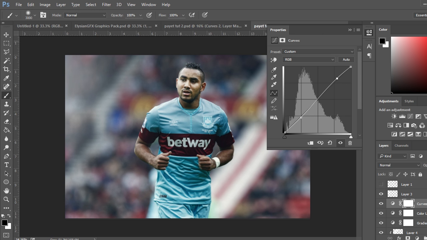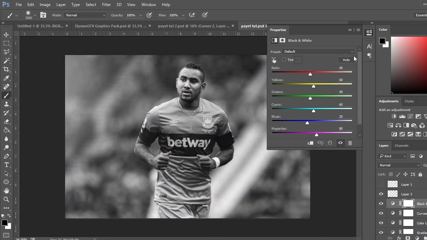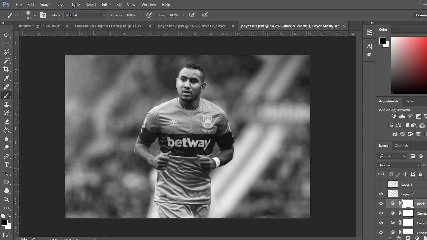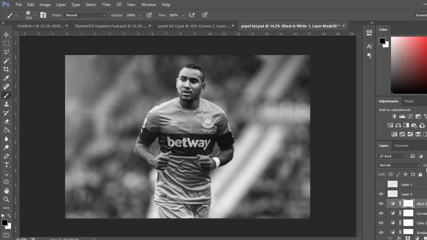Okay, sorry about that. Next, what I like to do is add a black and white adjustment, right under color balance. Keep it on normal and lower the opacity to usually about 20%, 25% looks good. That just lowers the saturation, and it looks pretty clean. So, next,